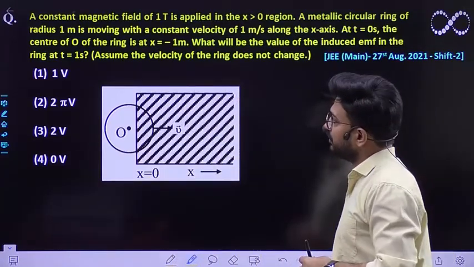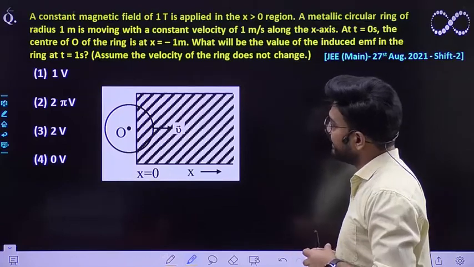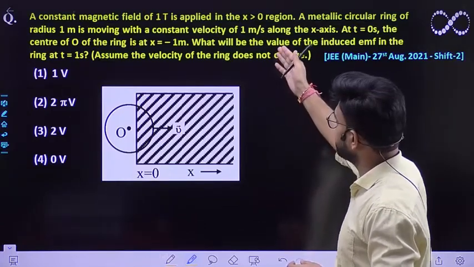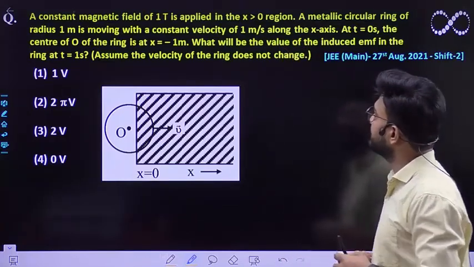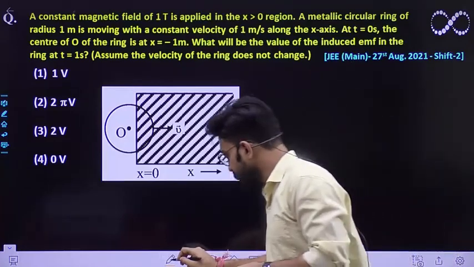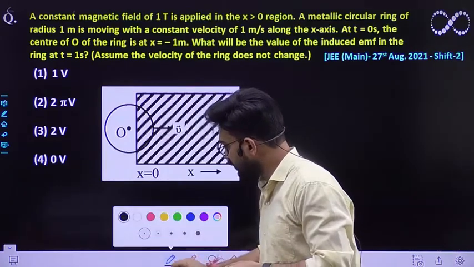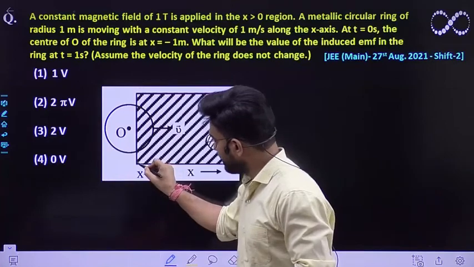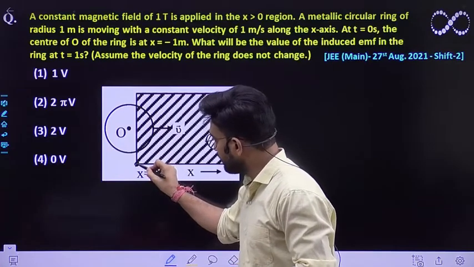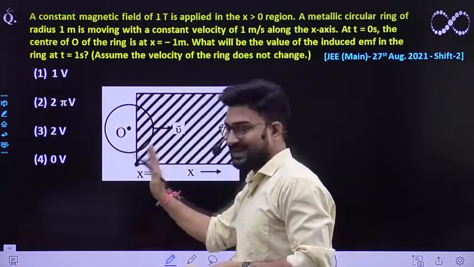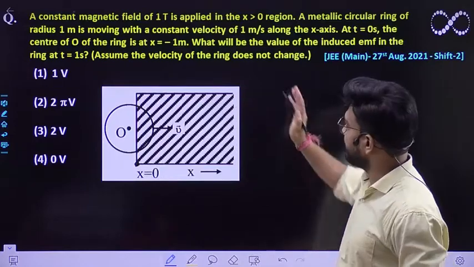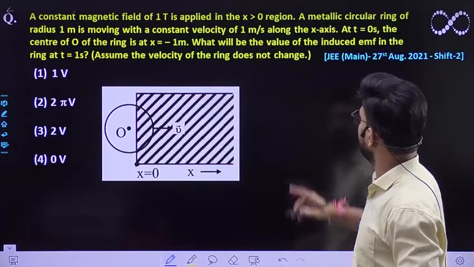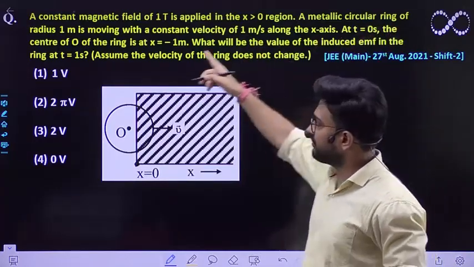The question says, a constant magnetic field of 1 Tesla is applied in the region x greater than 0. So you have been given this diagram also. At x equal to 0, the magnetic field of 1 Tesla starts, and it is also constant, which is given to you. A metallic circular ring of radius 1